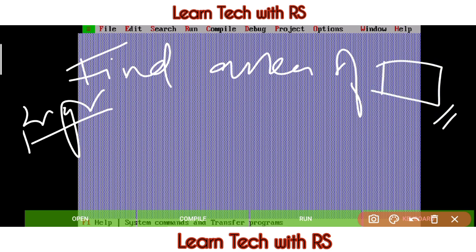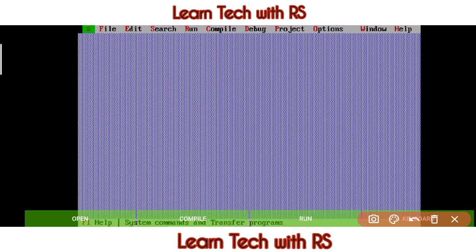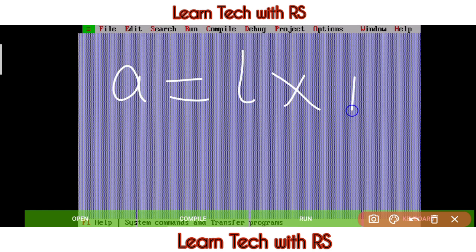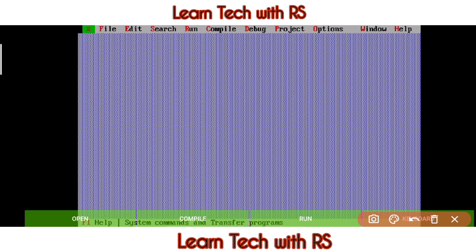Okay, so how will be the logic? We know that a rectangle has length and breadth, so definitely we will use area of rectangle equal to length into breadth. This will be our main principle. So we will start it.